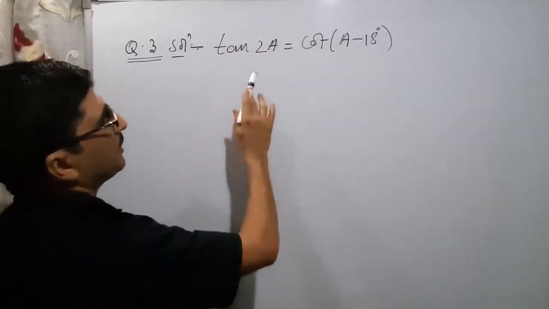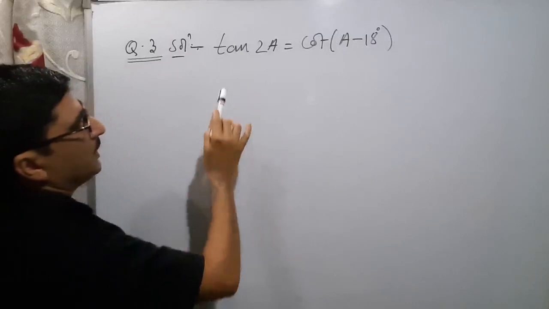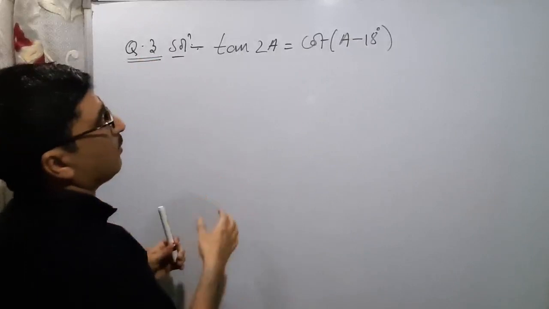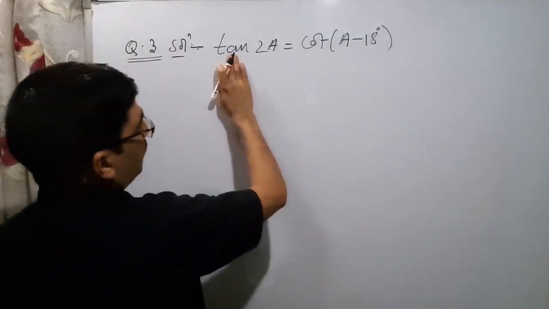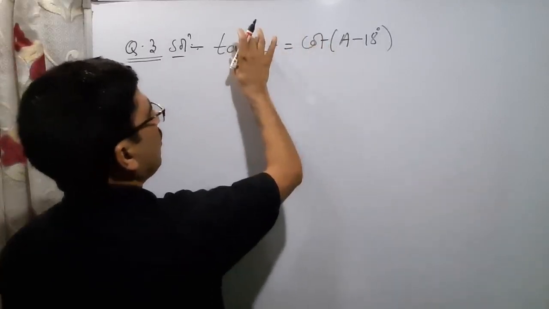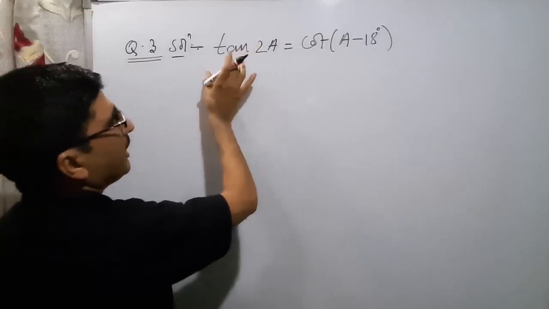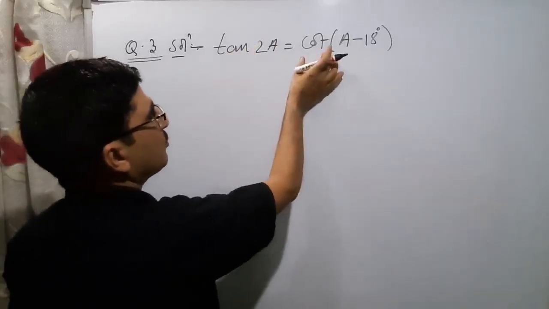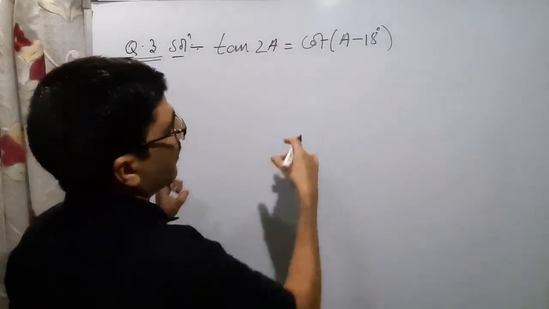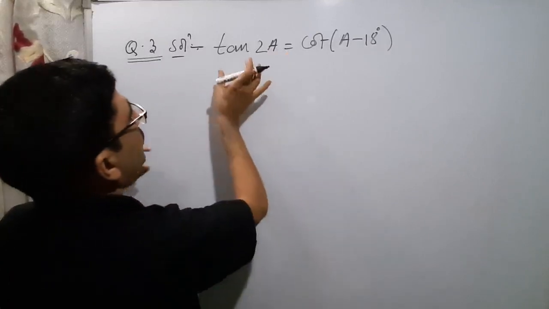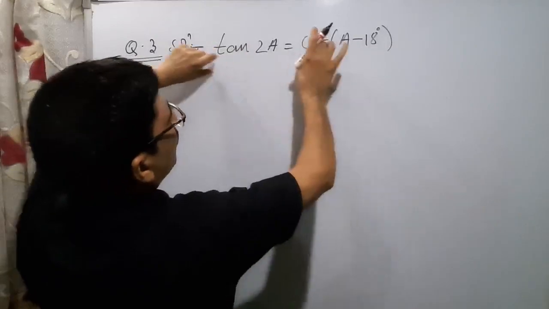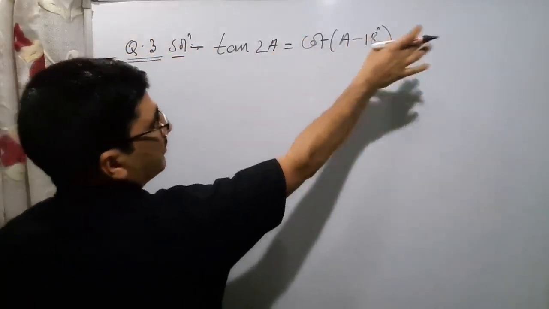Now we have to find out the value of a. How can you find it, you check? It is an equation where in the left hand side we have tan and in the right hand side we have cot. Now what we can do is make both sides the same ratio, either tan or cot. Suppose this is tan, this will also be converted to tan, then both the tan will be removed, and an equation of a will be formed. From there we can find out a. For cot also you can make this one cot, this one is already in cot. Cot you remove, then 2a equal to something, a relation we will get.